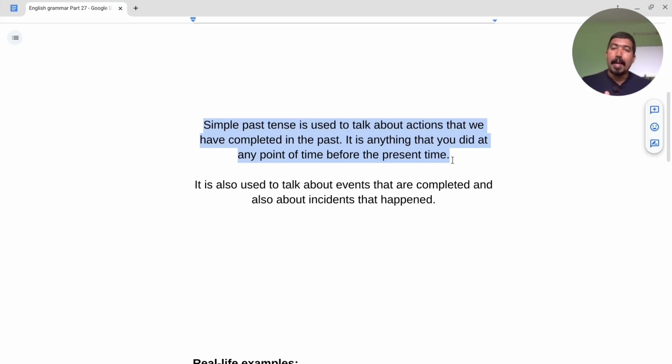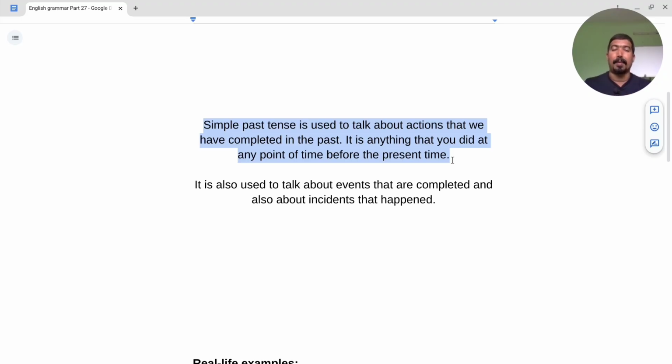If that is the present time, 2:45 p.m., anything that you did, any action that you completed before this present time of 2:45 p.m., that's the past. Anything that you did before 2:45 p.m. Before, got it? Before, that is the important clue there. So anything that you did, any action that you did or completed before the present time,